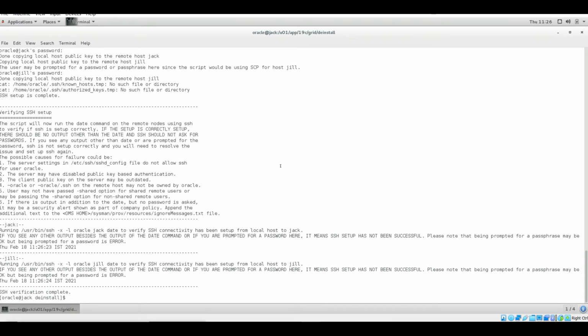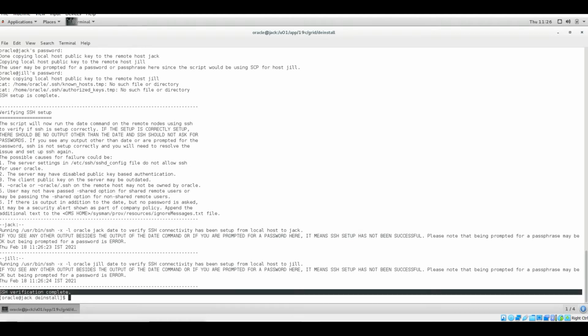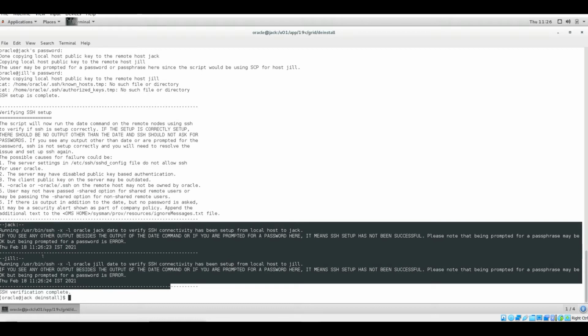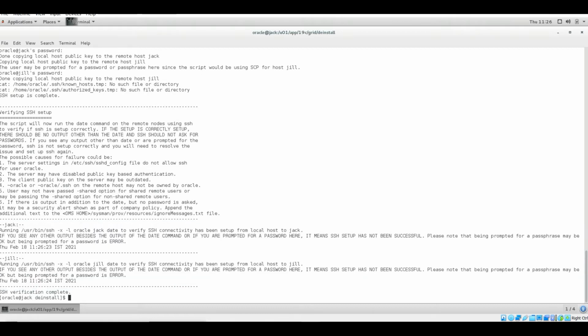And just by seeing this SSH verification complete, do not think that your SSH setup is done. You need to check these. You can see in here, if you see any other output besides the output of the date command, or if you are prompted for a password here, it means SSH setup has not been successful.